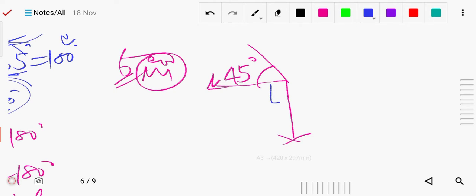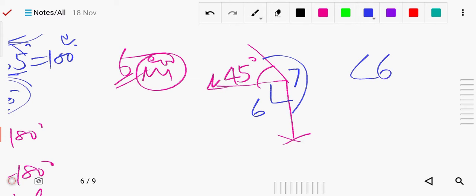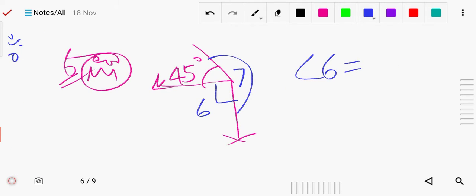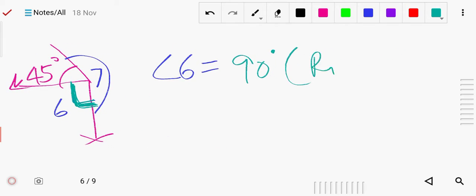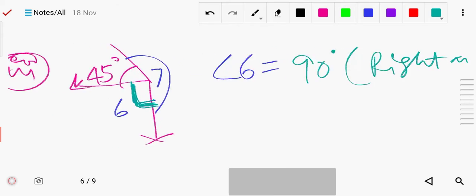Okay, here is the sign, and here is angle 7, this is angle 6. So you have to find angles 6 and 7. First of all, angle 6 is given. You can write how, because we know that whenever this type of sign is there, it means it is a right angle. If there is a sign of this, it is a right angle. So right angle, we know that is 90 degrees. In bracket you can write right angle. So angle 6 is a right angle.